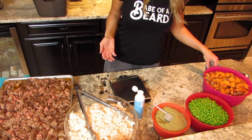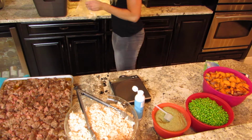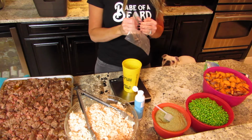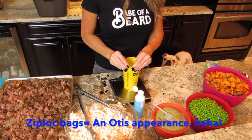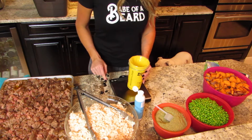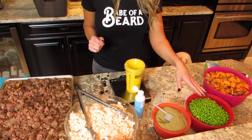All right guys, so I know you really can't see me, but I just want to show you guys what I'm working with here. What I like to do is just take a regular cup. I put the Ziploc bag around the edges, like that. This helps to load the bag a lot easier. And then how I start this is I put in my sweet potatoes, the peas, and then